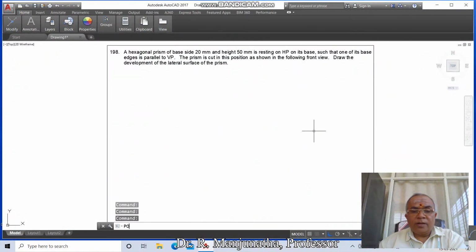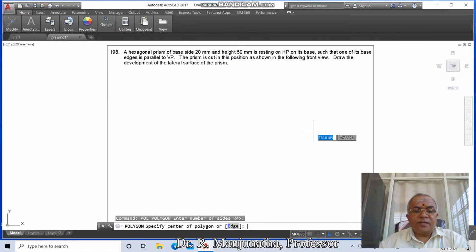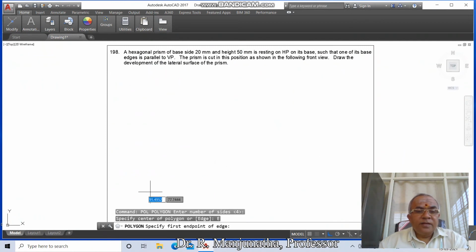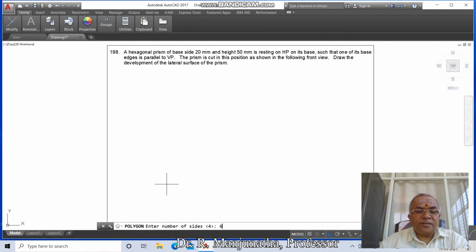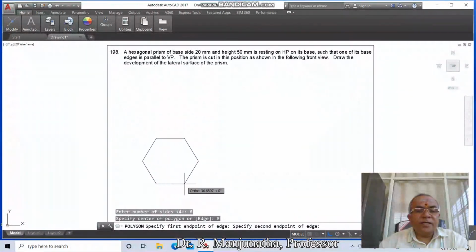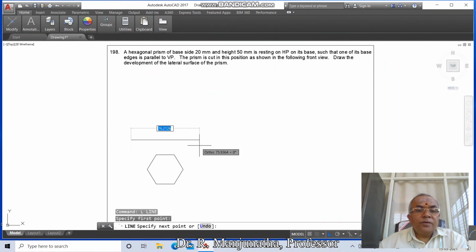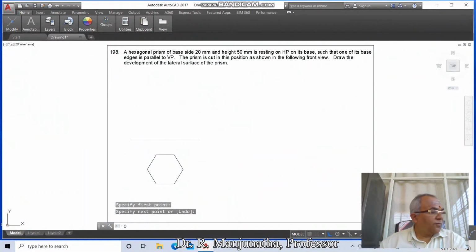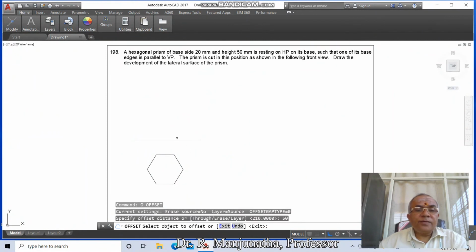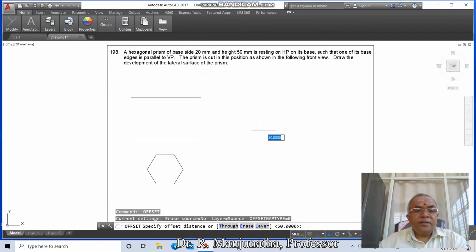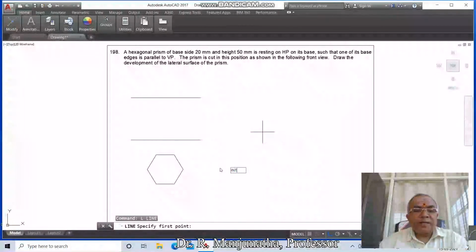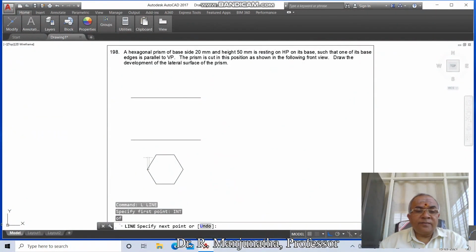Now we will go for the polygon command. Take the number of sides as 6, take the edge option, select some point here as the first point of the edge and take the edge as 20. Then we'll go for a line, draw a horizontal line and take the offset distance as 50. Select this line and offset it here,